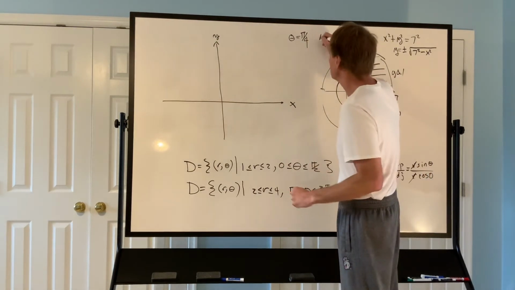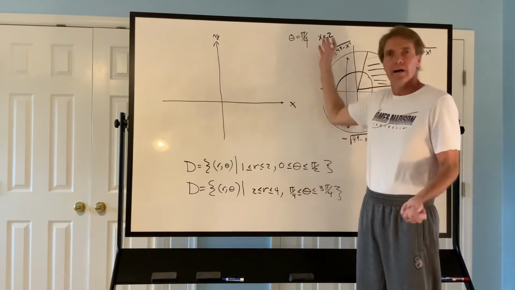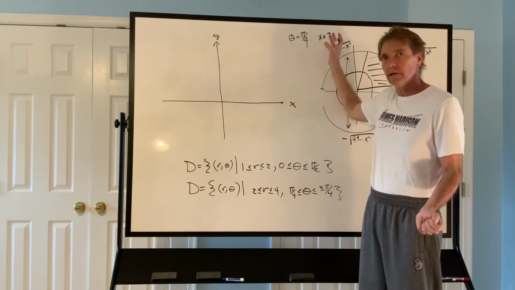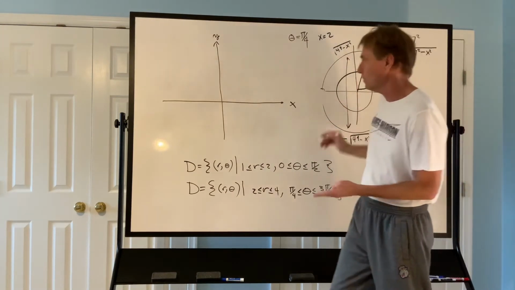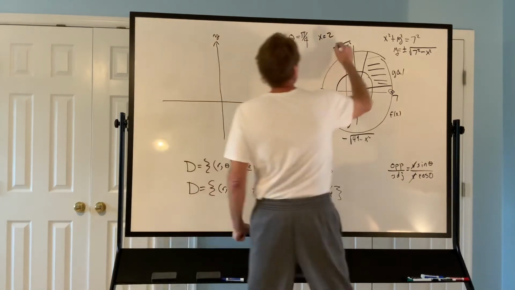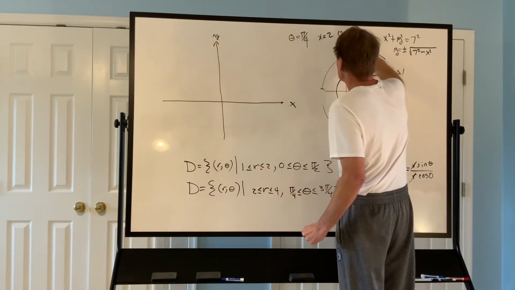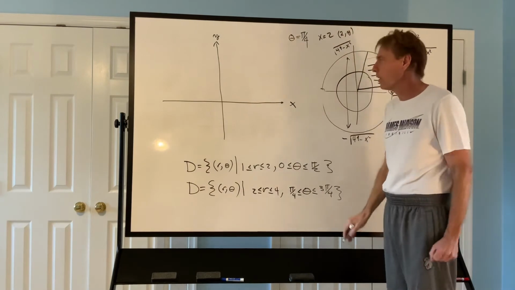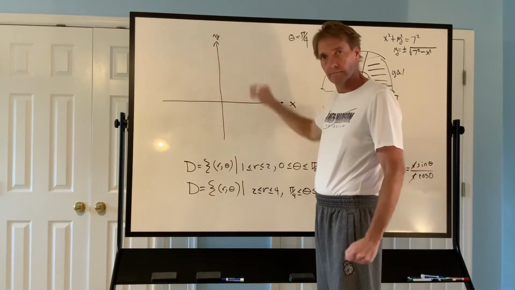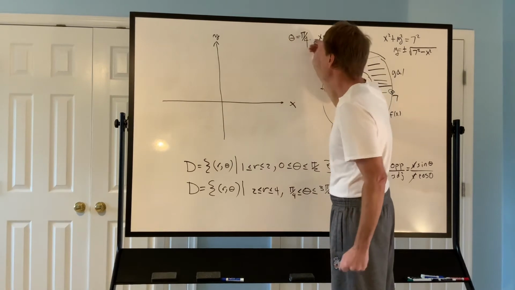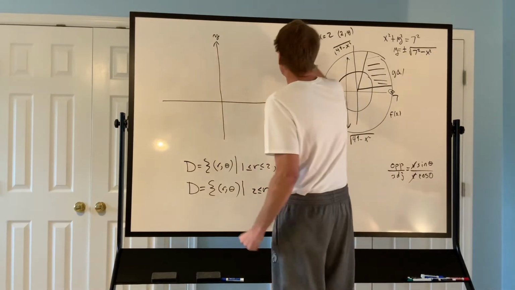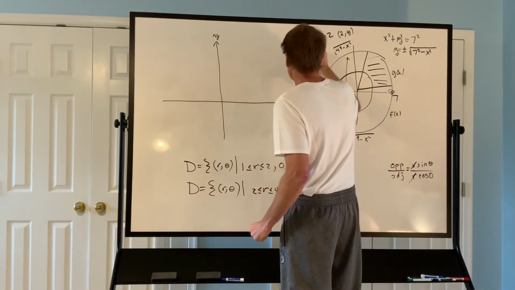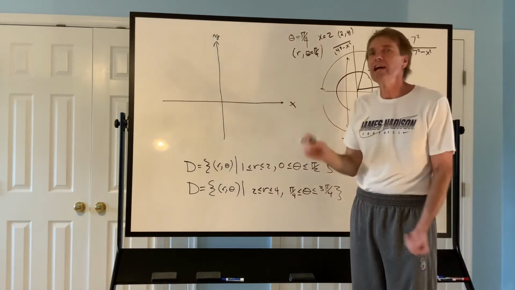In the same way that we can think about x equals 2 as being a line in our coordinate system, if we're thinking about the Cartesian line x equals 2, we're saying that we're thinking about all the ordered pairs, Cartesian pairs, where x is 2 and y is allowed to do whatever it wants, which goes like this. In the same way, I can think about theta equals pi over 4 as being a coordinate curve, where I'm fixing the angle theta to always be pi over 4,